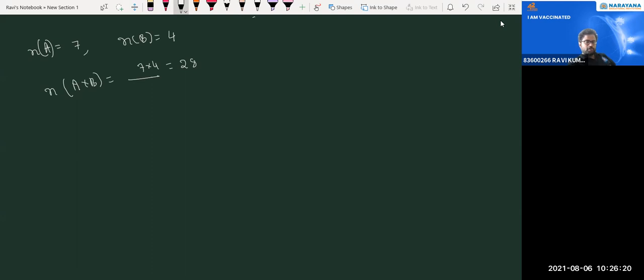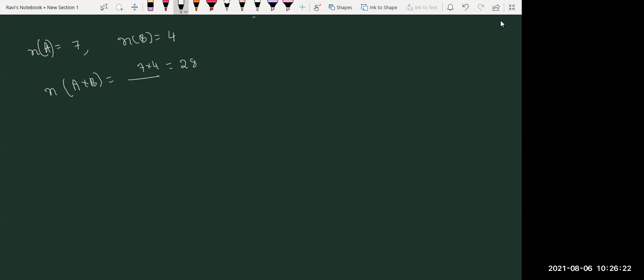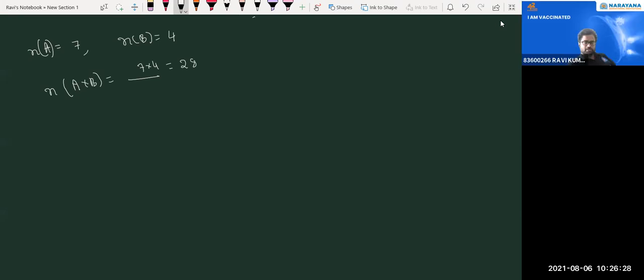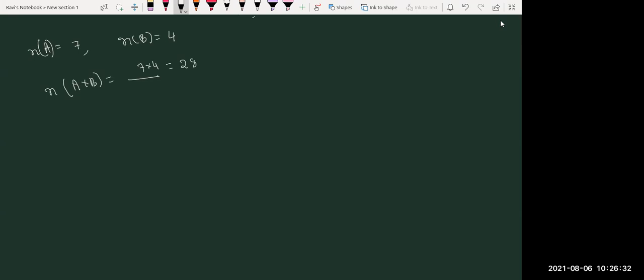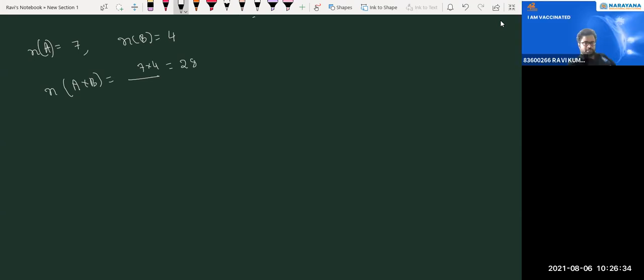If you have the notes already, or do you want me to give the notes also? Yes, sir, I have them. Don't worry. If you don't have the notes, it doesn't matter. We will send the notes in the group. You can just take a copy of those notes. Now we can see how we are forming the relation.